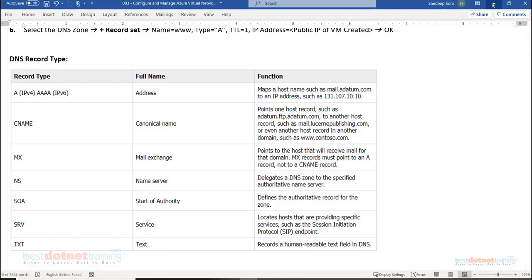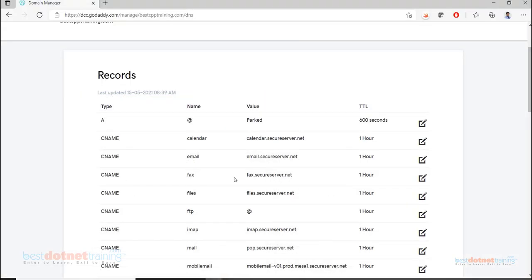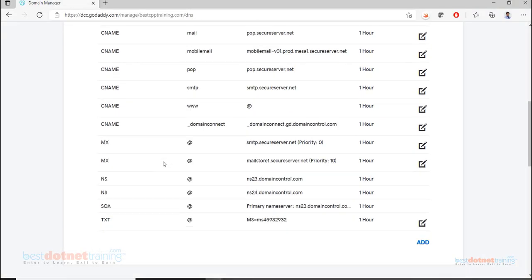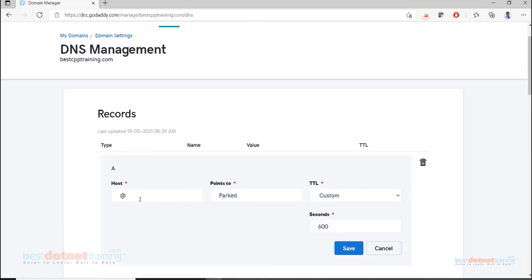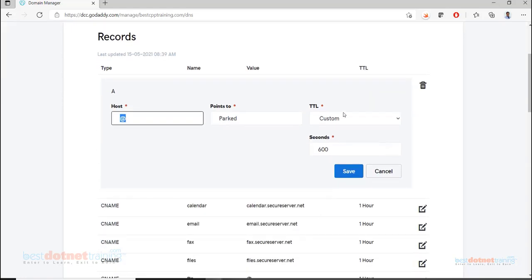So what do you do? Go to GoDaddy, and here you are supposed to create a record. Like I already see an A record here. So click on edit. @ means anybody typing just bestcpptraining.com would be automatically sent to a particular, okay, this points to parked.